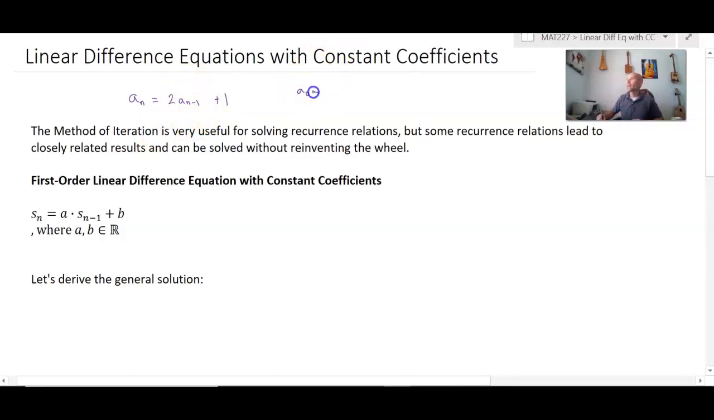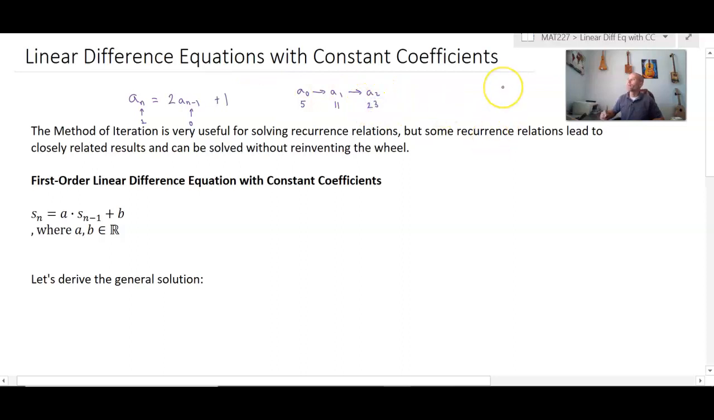if you give me A0, then I can get A1 by taking, okay, let's say A0 is 5. A1, this subscript is 1 less than the subscript n. So 2 times A0 will be 10 plus 1, which is 11. So that gives me A1 is 11. Now if I want A2, I have to take 2 times A1, which will be 22, plus 1 will be